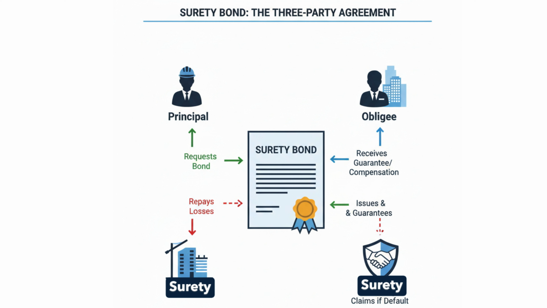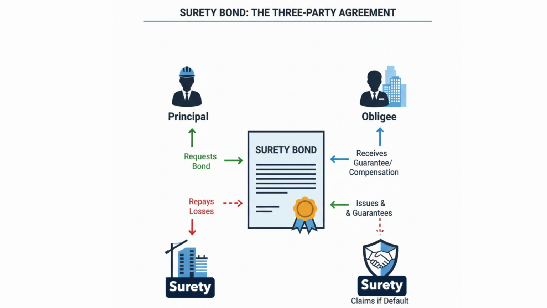A surety bond is a legally binding contract involving three parties: the principal, the obligé, and the surety. The principal is the individual or business undertaking an obligation or project. The obligé is the party requiring assurance that the principal will fulfill their obligations, often a government agency or project owner. The surety is a third party, usually an insurance company, that guarantees the performance or obligations of the principal